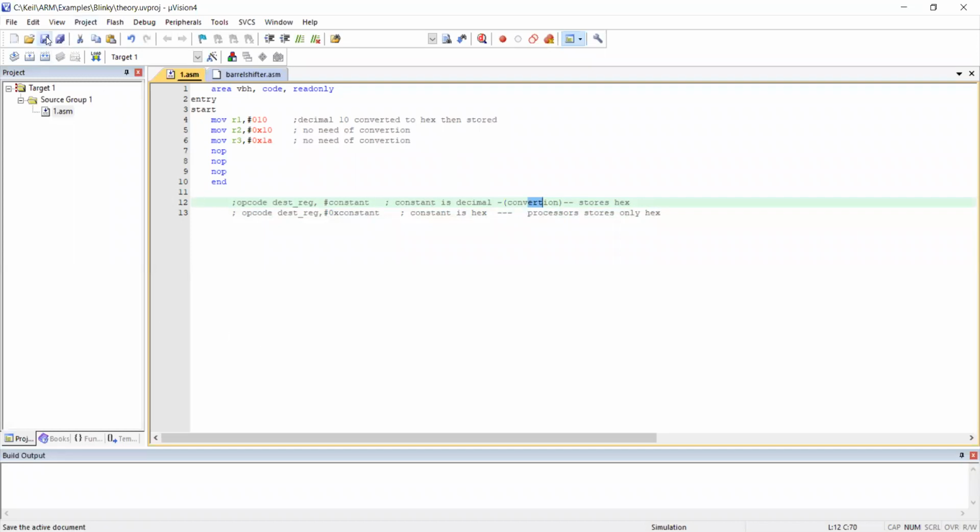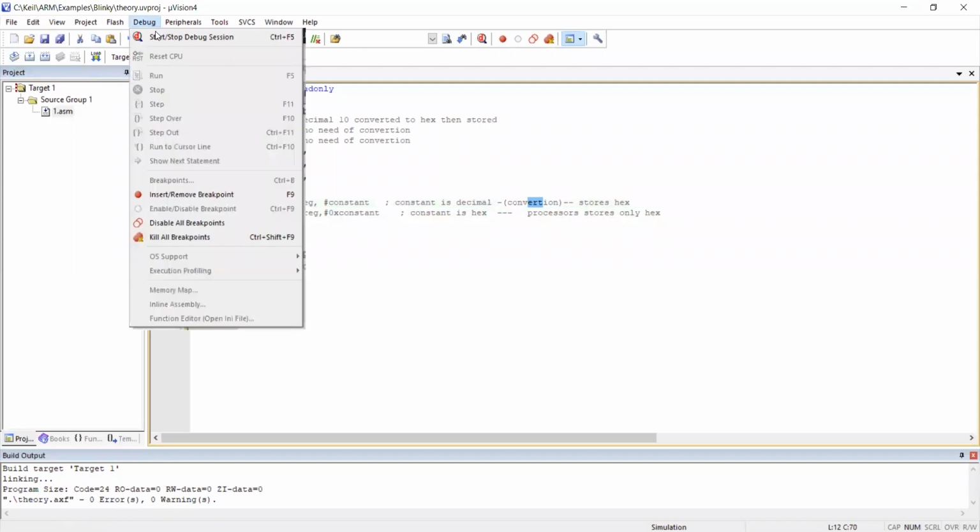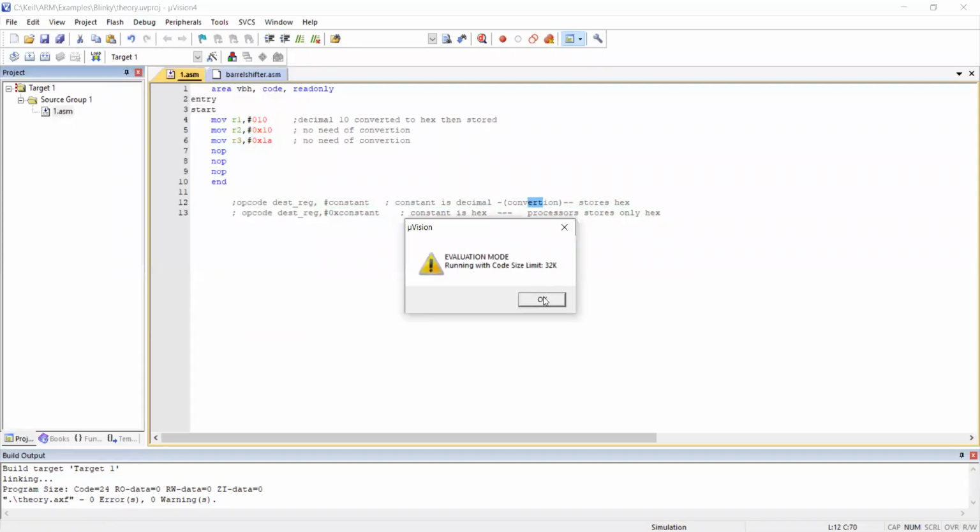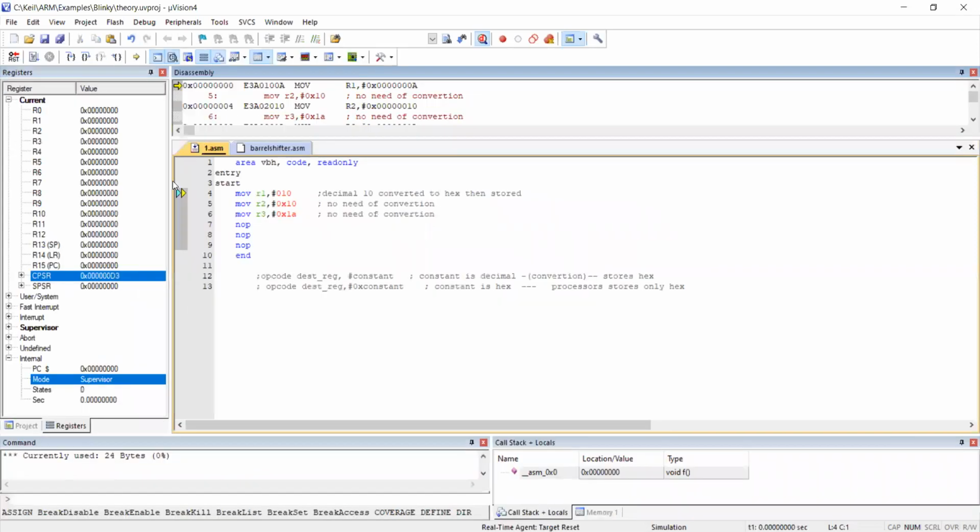Let's see whether it will do it automatically or not. I have written some of the program here. Let me execute. See, I have translated. Now I'm going for build, and in the same way I'm checking for errors and warnings. Now I will go for debug, start debug. I will say okay, so I will get into this window.